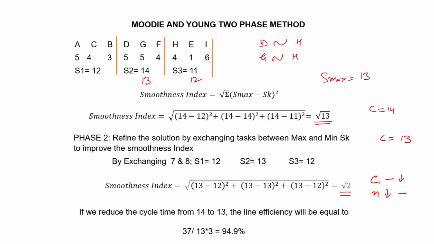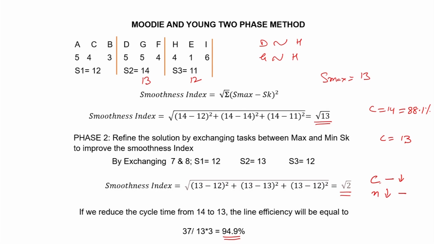will find that my line efficiency increased to 94.9%, which earlier was of the order of 88.1. So, with the cycle time of 14, my efficiency was 88.1%, which has been improved to 94.1, and smoothness is also much better. Rather than root 13, it has improved to root 2. So, this is how we can